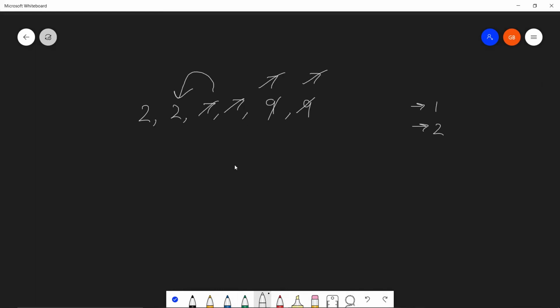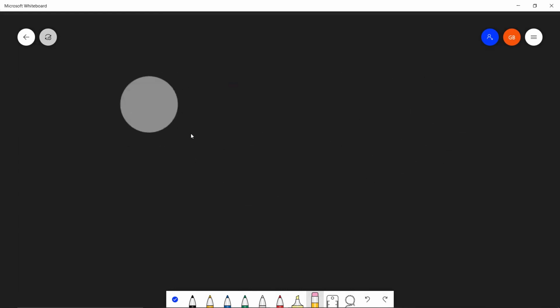So how many times did we reduce 7 to 2? Frequency of 7 times. The frequency of 7 was 4. And how many times did we have to reduce 9 to 7? Frequency of 9 times. This gives us some hint that maybe we need to maintain a frequency map, which will be storing the counts of the elements.